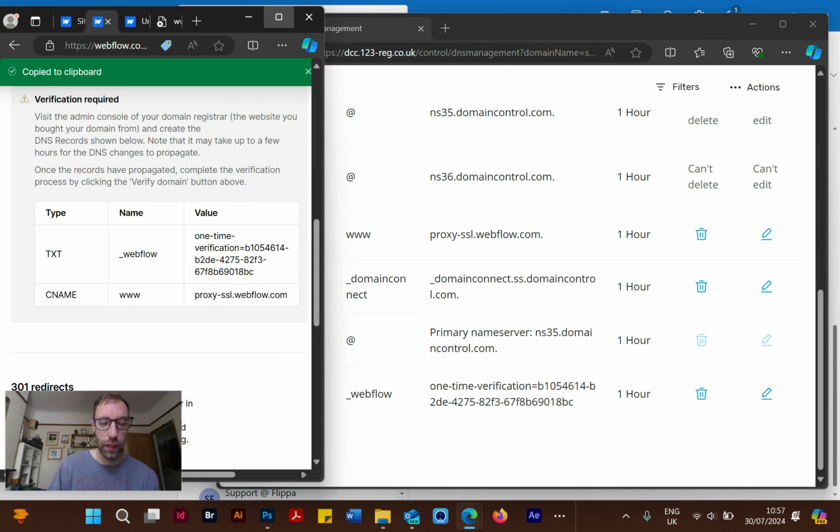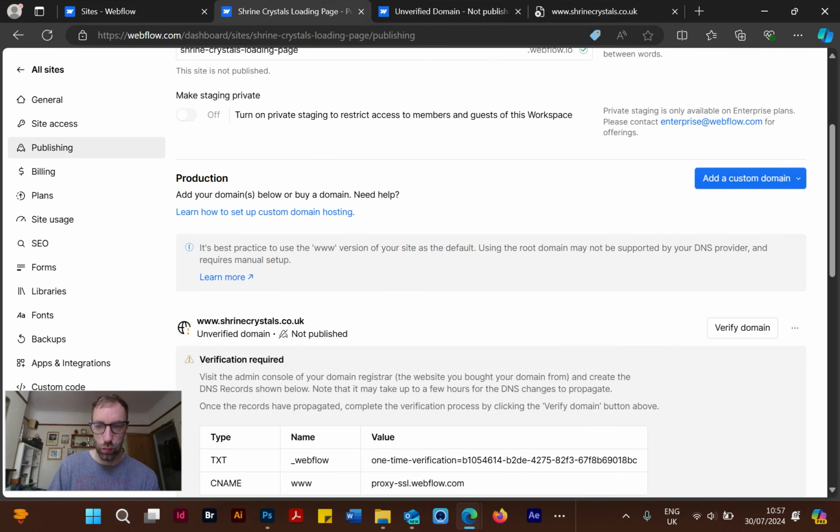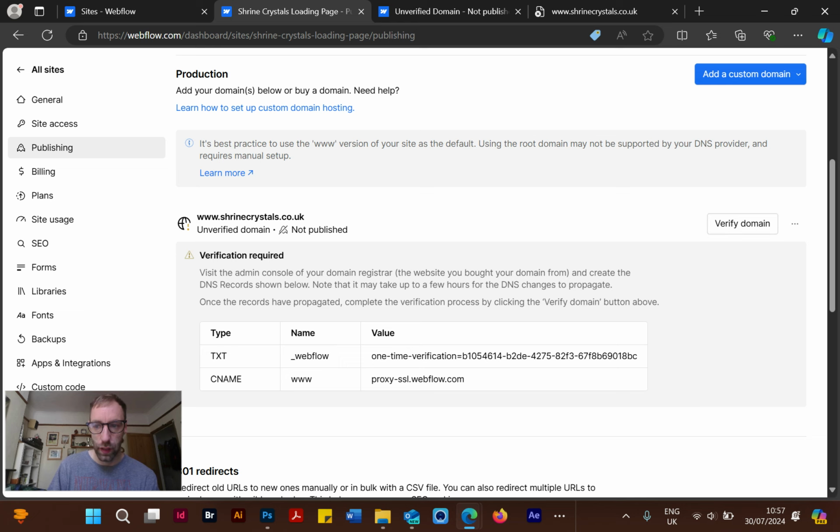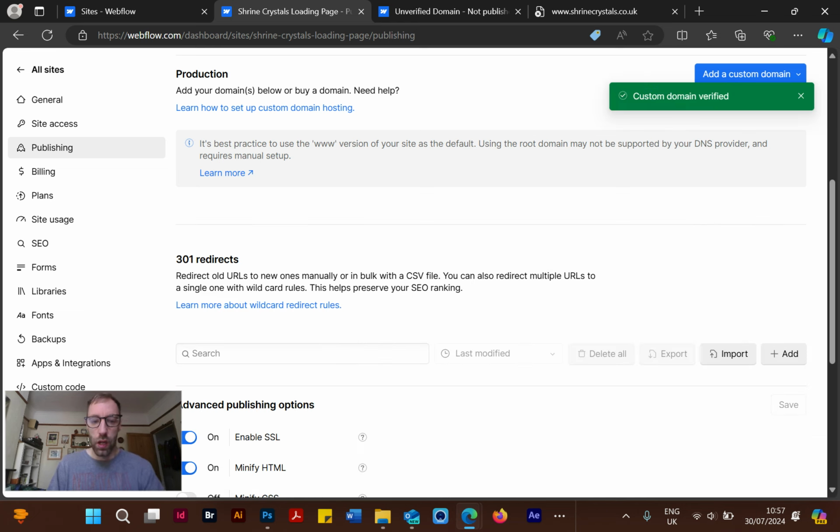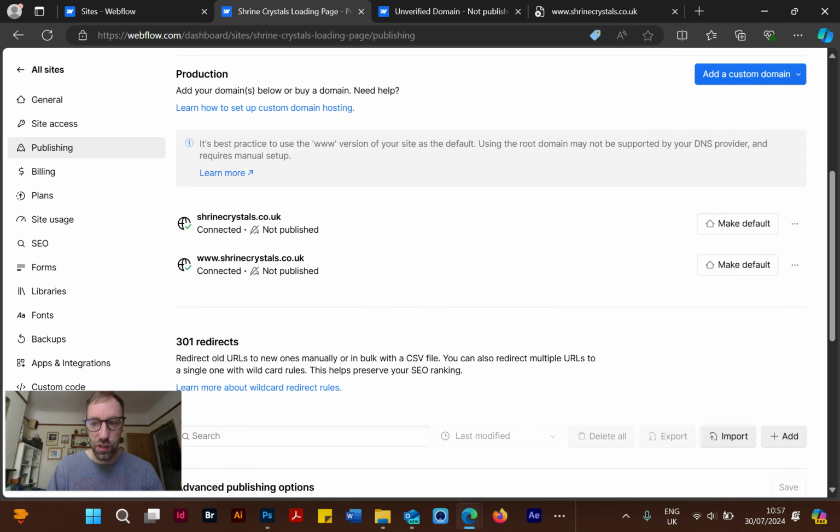If we come back to here, we have a button that says click verify. If I click verify again, you can see now it says custom domain verified. Fingers crossed it's connected those two. We've got our www and it says connected but not published, and we have shrinecrystals.co.uk, also connected and not published. So what we're going to do is make the www our default. If I click that now,